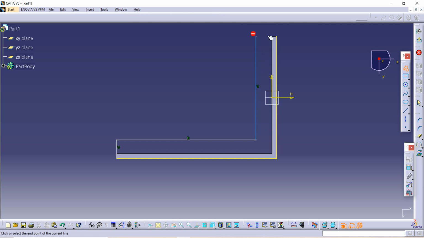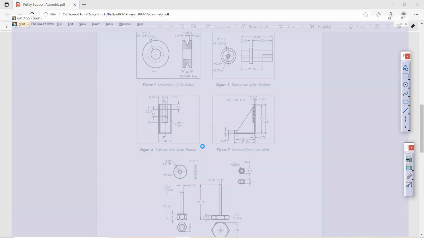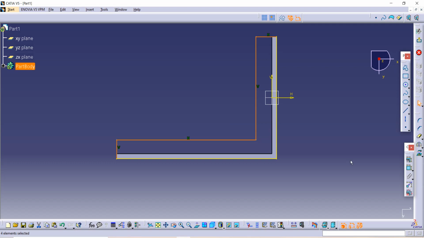I am completing it, and now you can see here its thickness is given as 2.5. Its total length here is given as 5. So let's give dimensions according to the figure.